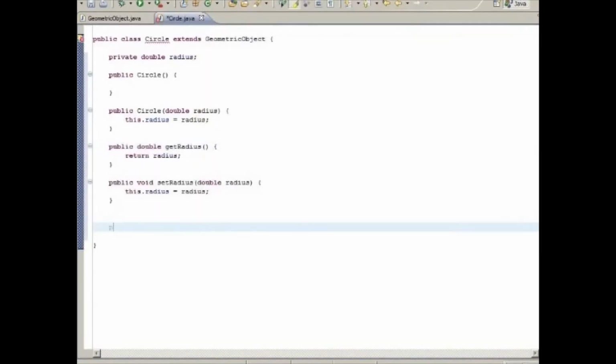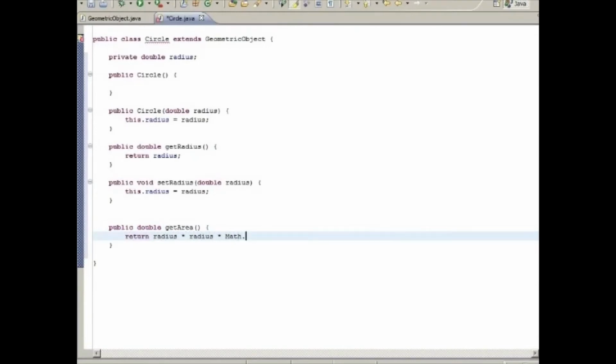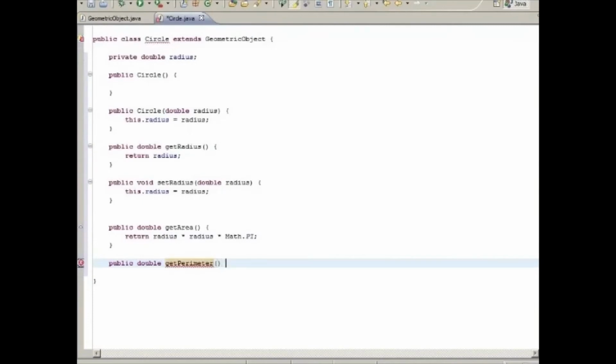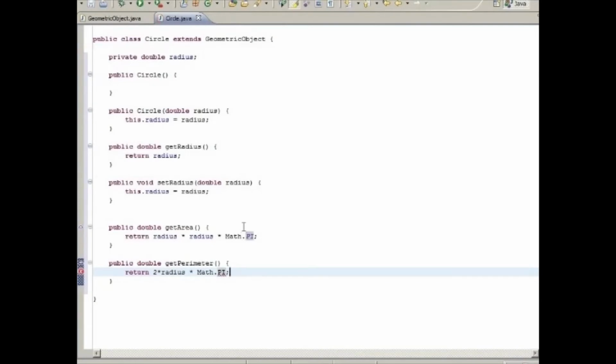Now, getArea. Public double getArea. Return radius multiplied by radius multiplied by Math.PI. Public double getPerimeter. Return 2 multiplied by radius multiplied by Math.PI. Okay, so if we save that now, you can see that the compiler error has gone away because we've implemented